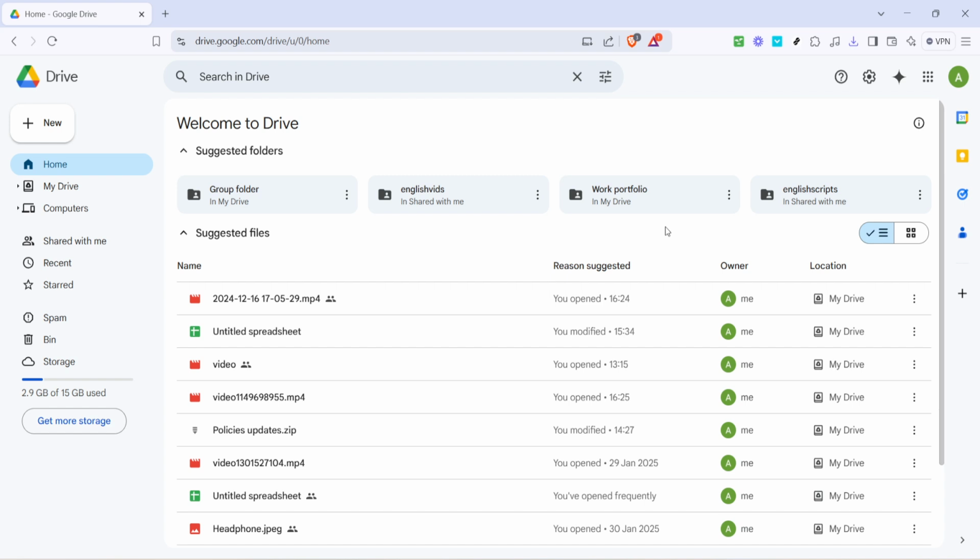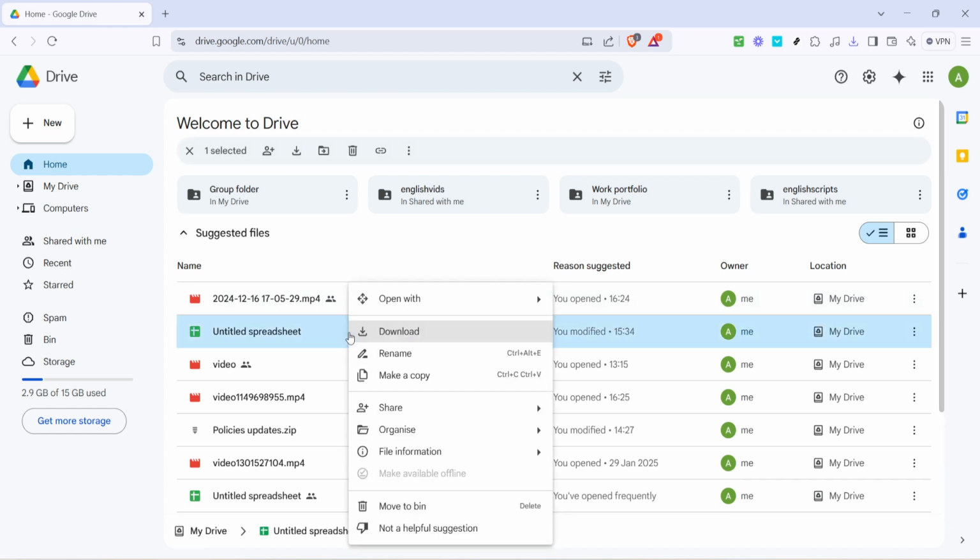First, you're going to need to select the file or folder to which you want to create a shortcut. On the Google Drive homepage, navigate your cursor to the desired file, right-click on it to open a menu of options. If you're on a touch device, this is usually done by tapping and holding. Once the menu appears, ensure not to rush through the options because you might miss what you're looking for.